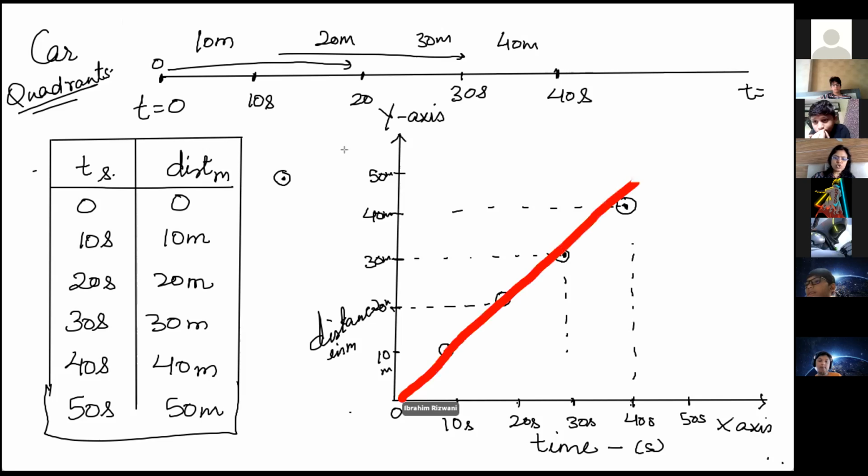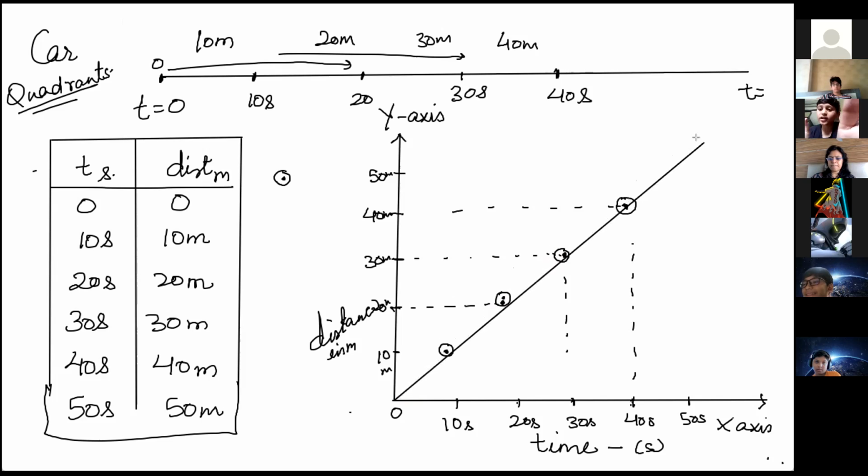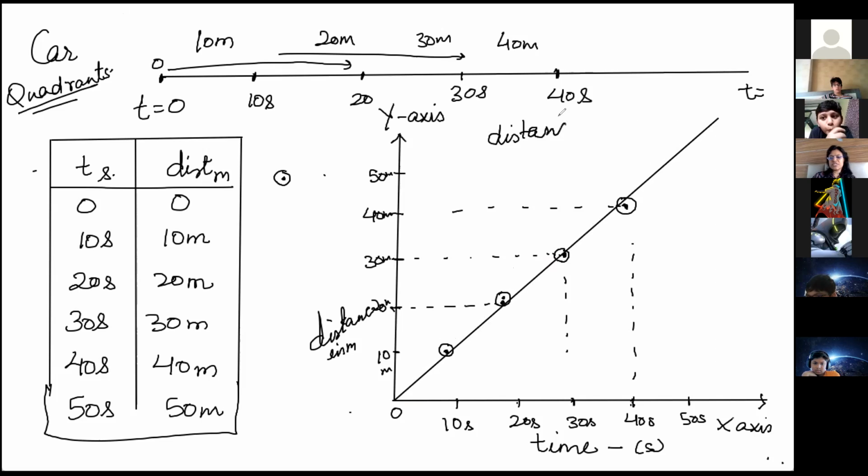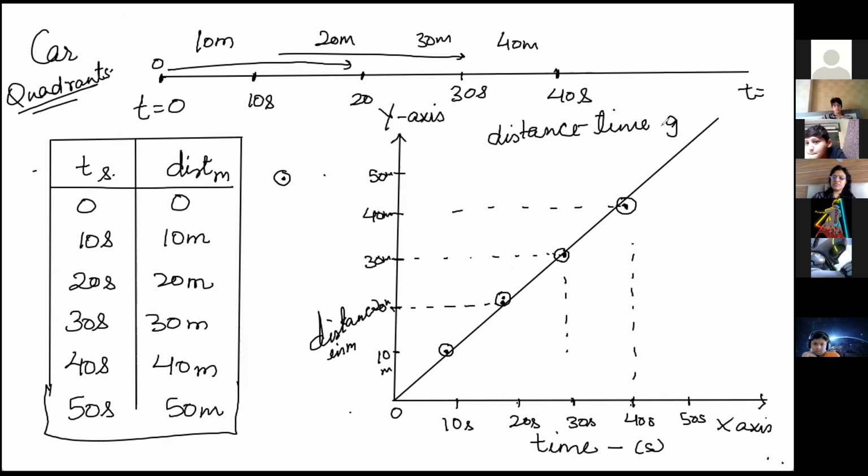You have to join this. Remove it. So you draw it. It is equal distance also. So that means when the speed is constant, you get a straight line distance time graph. Okay. So whenever the distance time graph is a straight line,